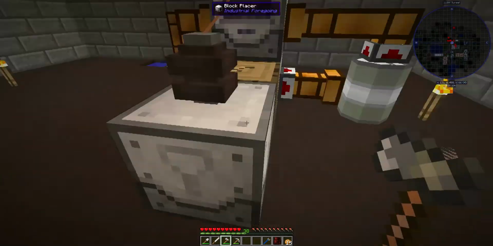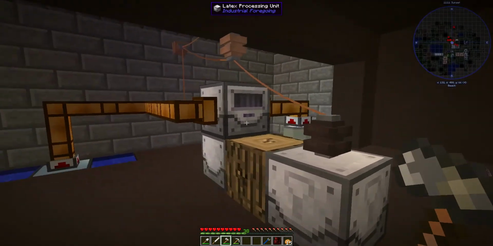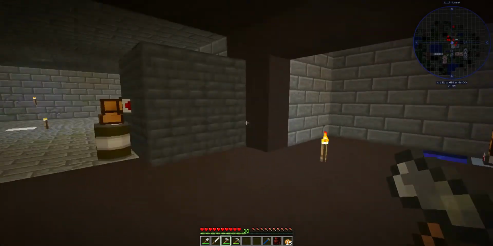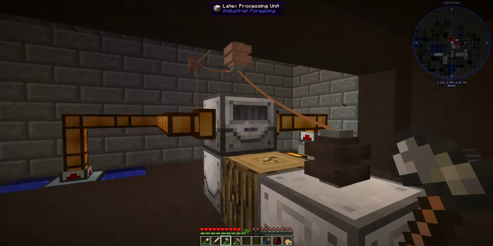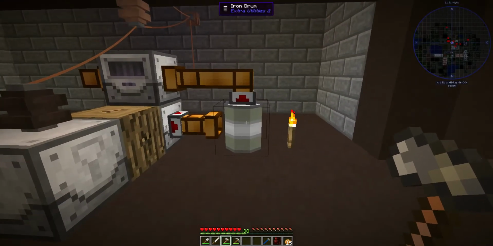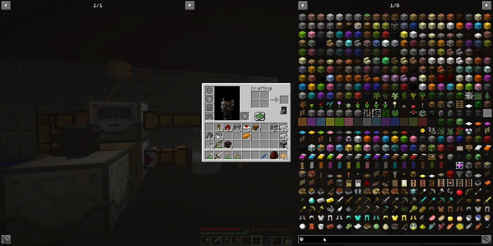I could further automate that to pull the rubber out, send it to something to craft it, then send that from there to smelt it automatically. But this is fine as long as we have this. That is all we need at the moment. So we are making quite a bit of progress, and the reason why I wanted that is at